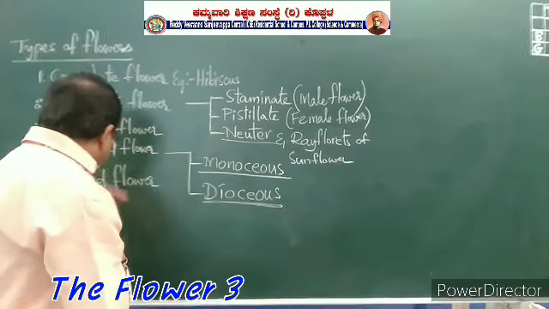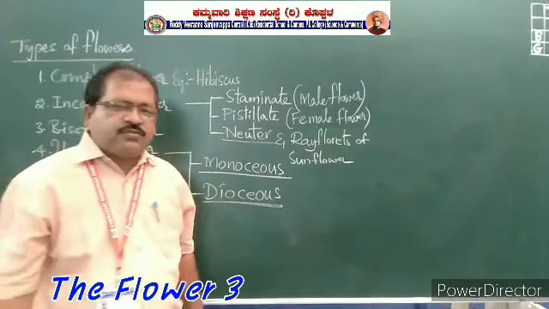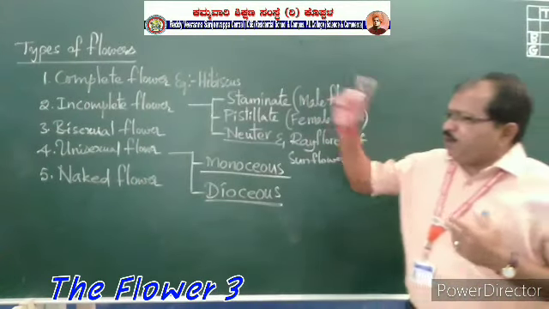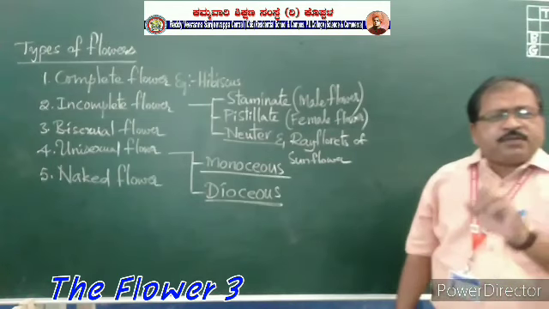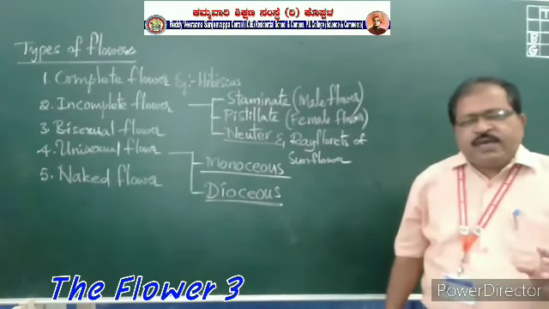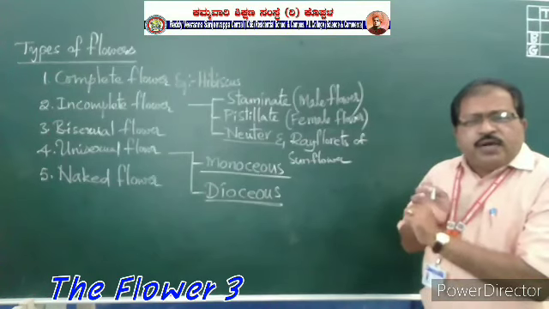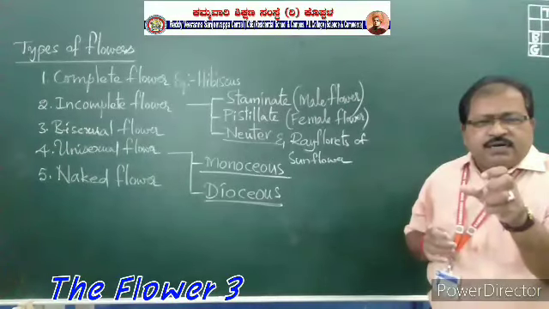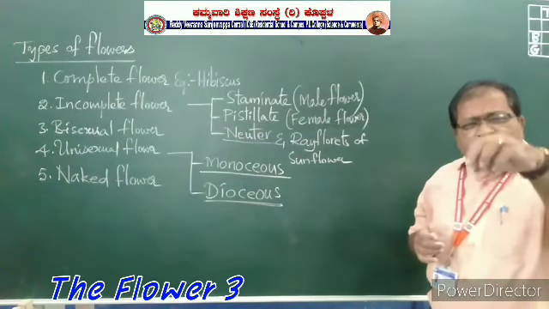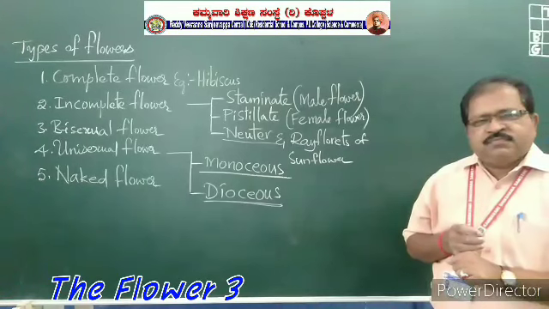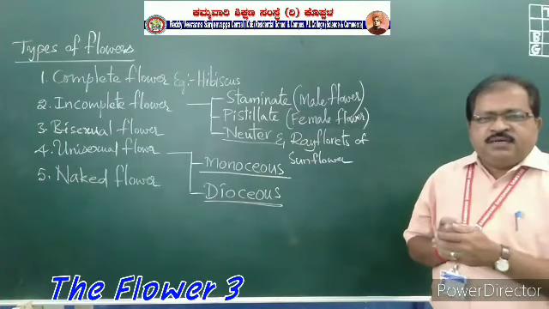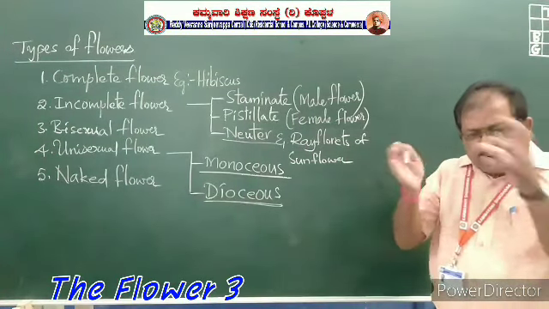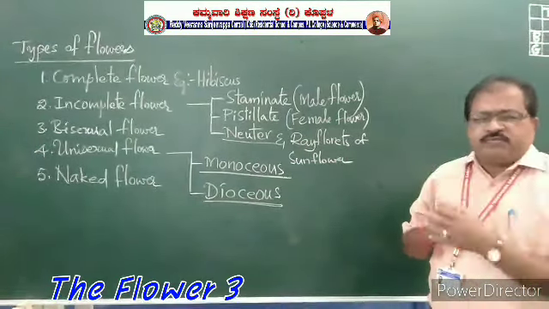Okay, and come to the next one, that is naked flowers. Actually I told you while teaching this, when you go to the complete flower, all the 4 rows are present in a flower. Here the outermost layer is calyx. It will protect all the other floral parts at the bud stage. So it is one covering. And the second one is a corolla. It is also a protective layer, for it protects the inner sexual parts of the flower.